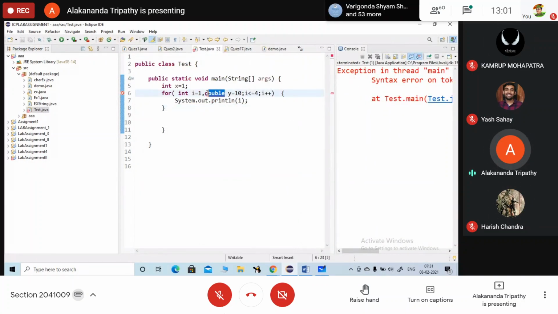If here I go with int, then what will happen? Now it will show you no error. Okay, just remember in the initialization part you can initialize more than one variable.